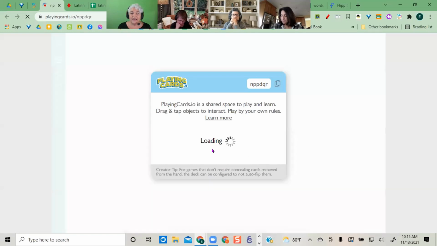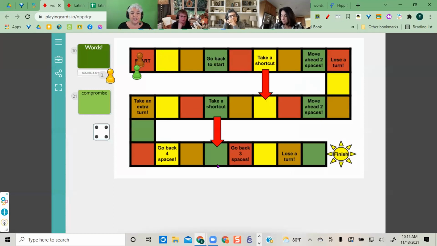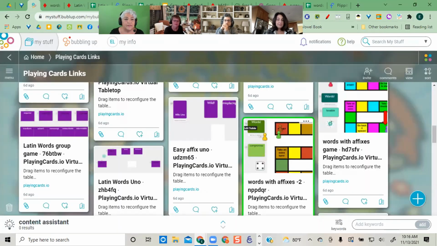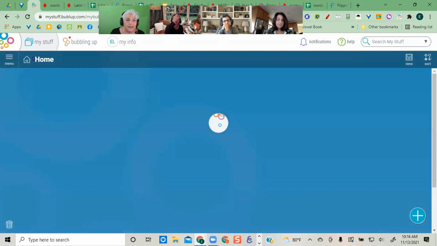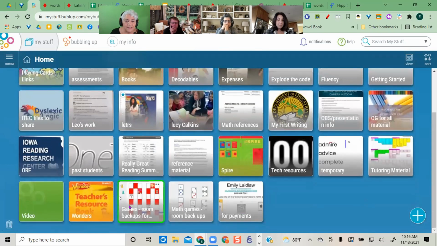This one is, again, I just put in different lists for different kids. And this one, I just changed the colors. Same concept. I've created the board, and let me give you that right now. It's in my bubble up folder of, oh, here. It's not on this one. It's in my room backup. So I have my room backups,